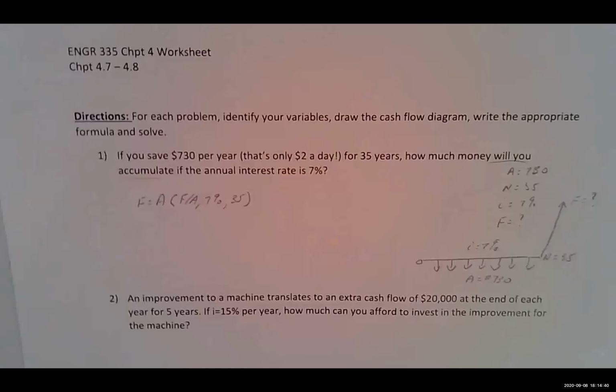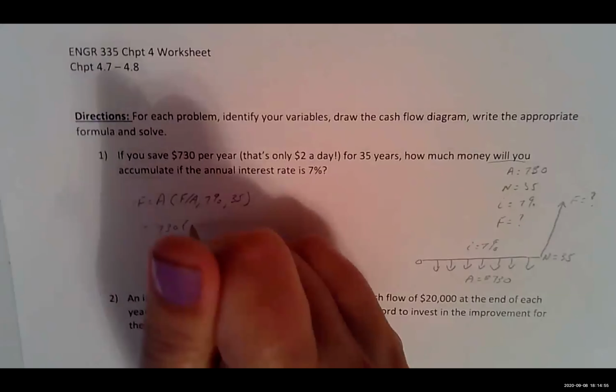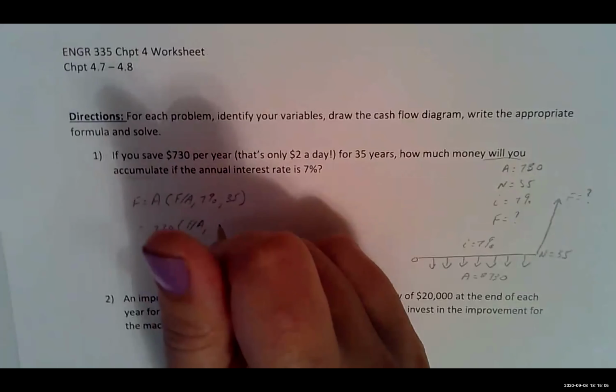Okay, so what I see is that I have $730. My F given A factor for 7% over 35 years is equal to